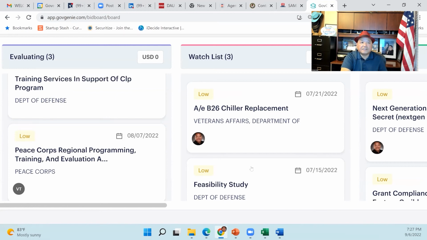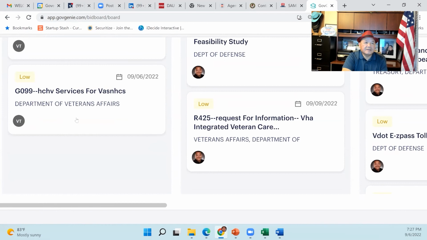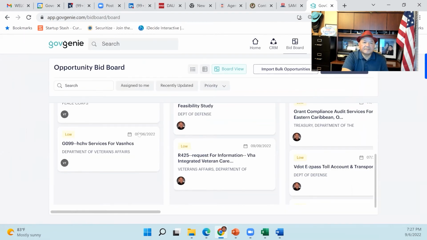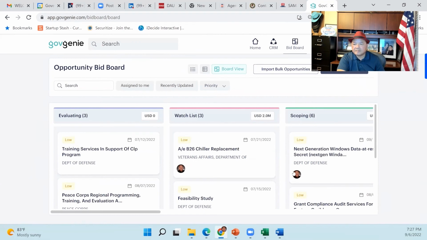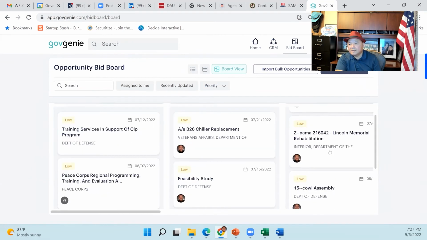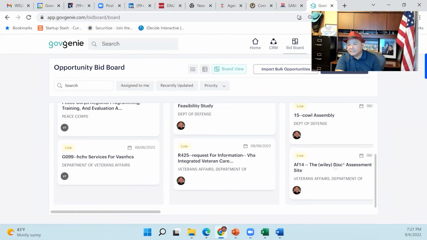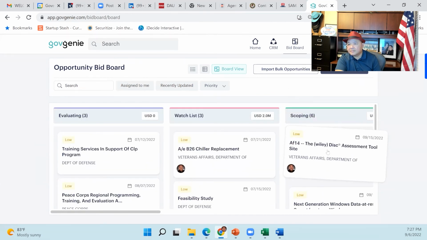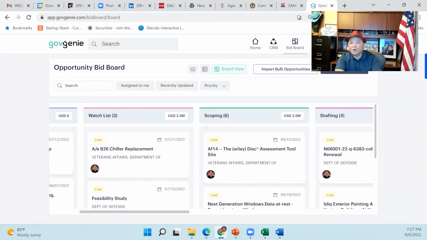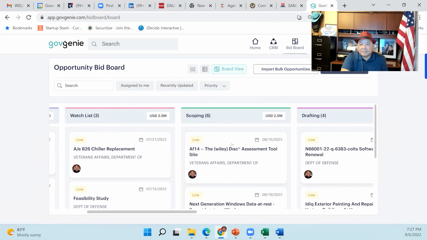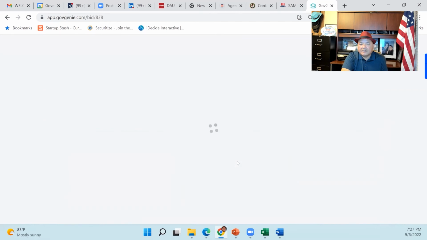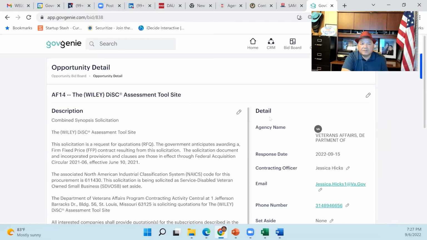So for this project, what I just did was zoom back out a little so I can see. So it's in this here. I'm going to move it to the top so I can see. So it's in my scoping now. It's an opportunity I'm scoping out. I want to bid on this here. Now I can actually click on it, look through the details.